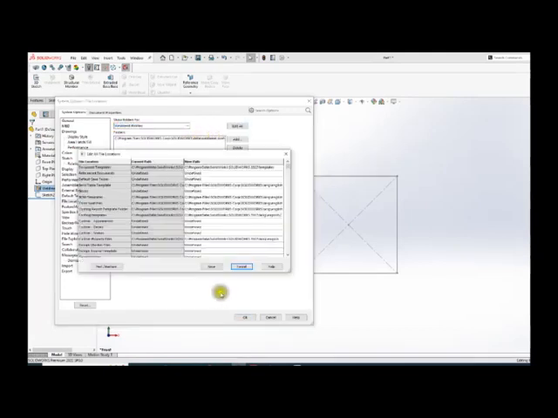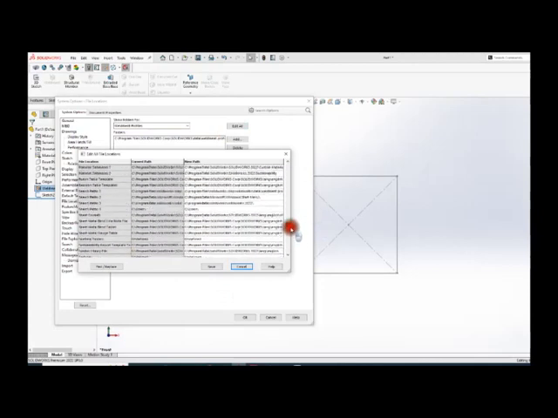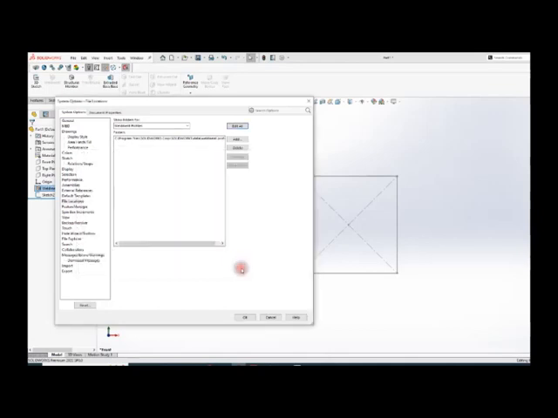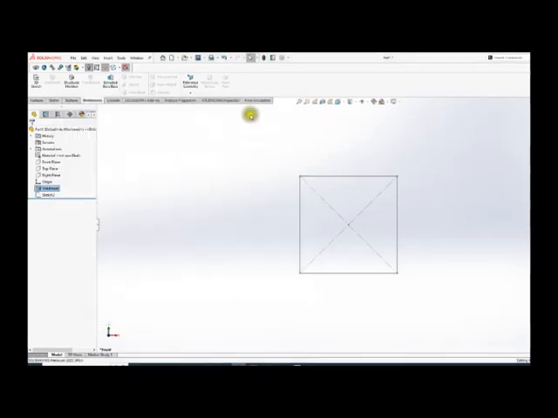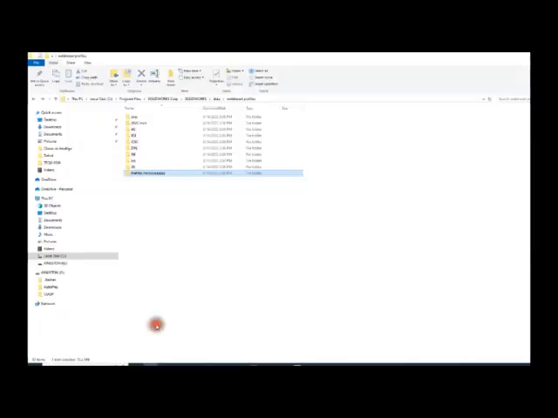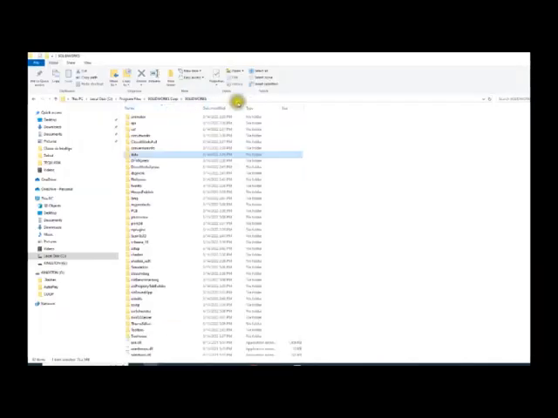You can edit that, and then you go back to the Weldment profile path. Now do Ctrl+C to copy,